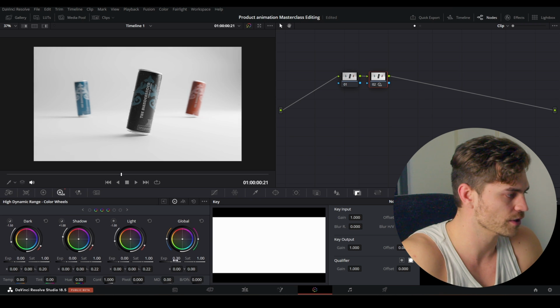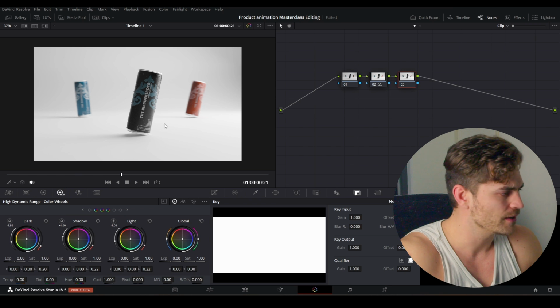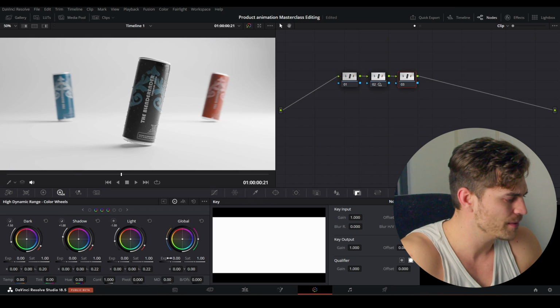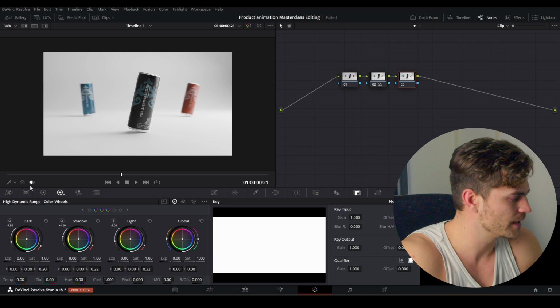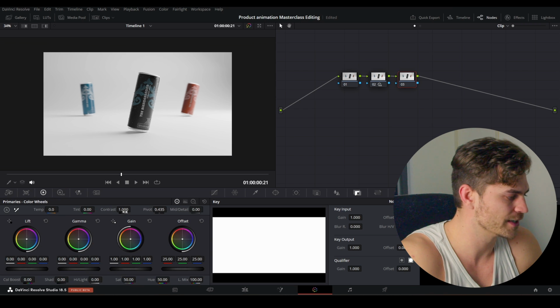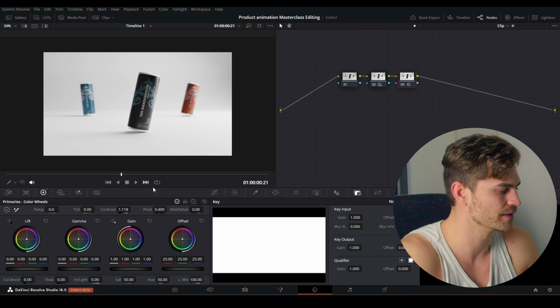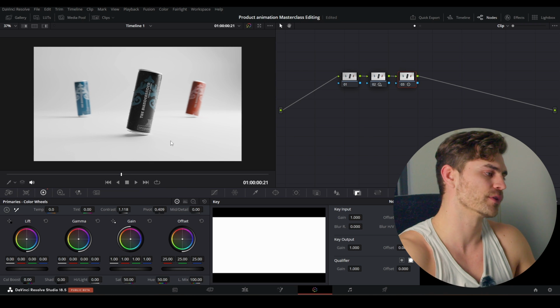I'm going to set it to 0.3 and now I like the way that this white looks. And now I'm going to add some contrast, and maybe we decrease the global, by the way, because we're going to add contrast. So I'm going to set it to 0.2 and it's a bit brighter. Then we're going over into this tab and right here we have contrast. Going to increase it ever so slightly and then the pivot can be turned back or forward depending on your preference. I like to turn it a little bit back so it brings back some of our highlights.